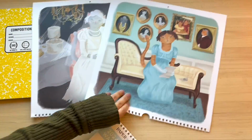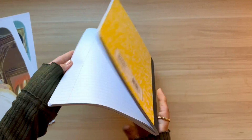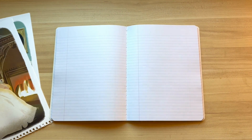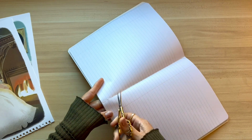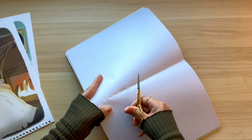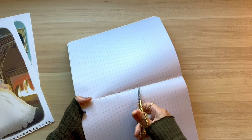So now that we have the cover images picked, we can set those aside because we are going to begin making the journal, and we are going to start by totally deconstructing it. So find the center of your composition book journal, and I'm going to use my little sewing scissors, and I'm going to just snip everywhere that it is sewn in there. Once you do that, you will see how quickly and easily these pages will come right up out of the